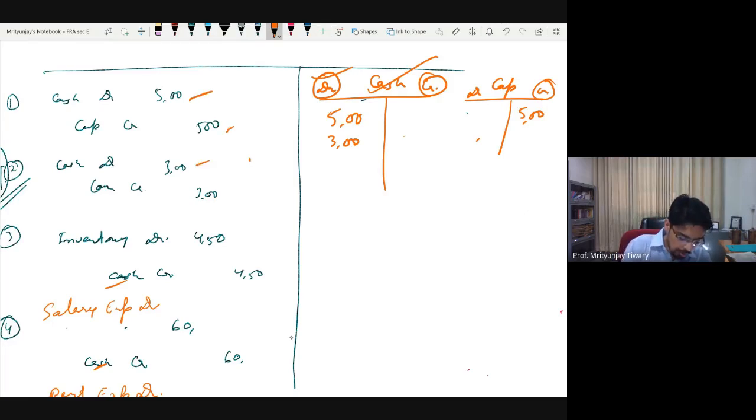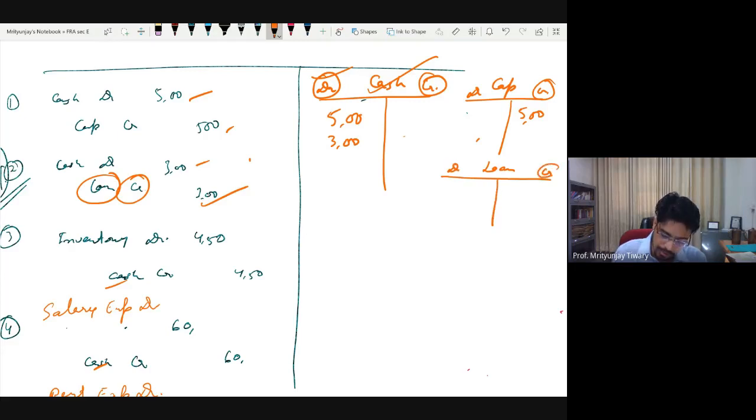Next one says go to the loan T account, in credit side put 3 crore. Do I have a loan T account so far? No, I just have two, cash and capital. So I'll prepare a loan T account now, with a debit side and a credit side. It says put 3 crore rupees in the credit side. So now you can see how mechanical this process is. This step is 100% mechanical: put it here and bring it from somewhere else.